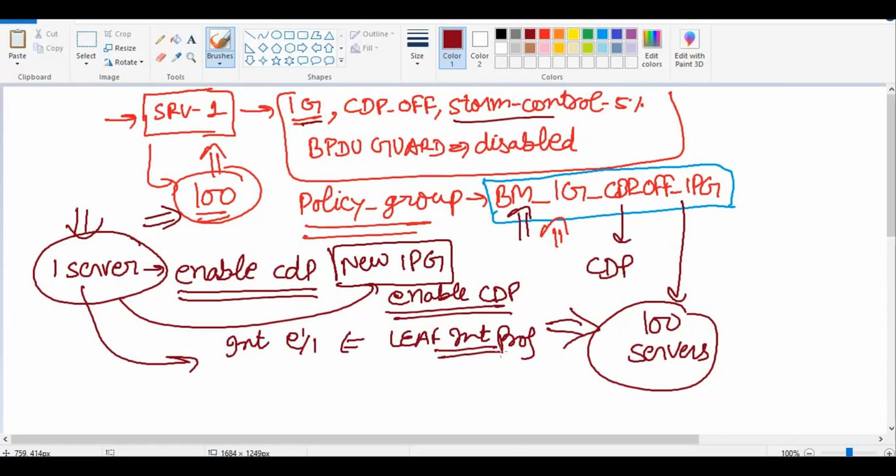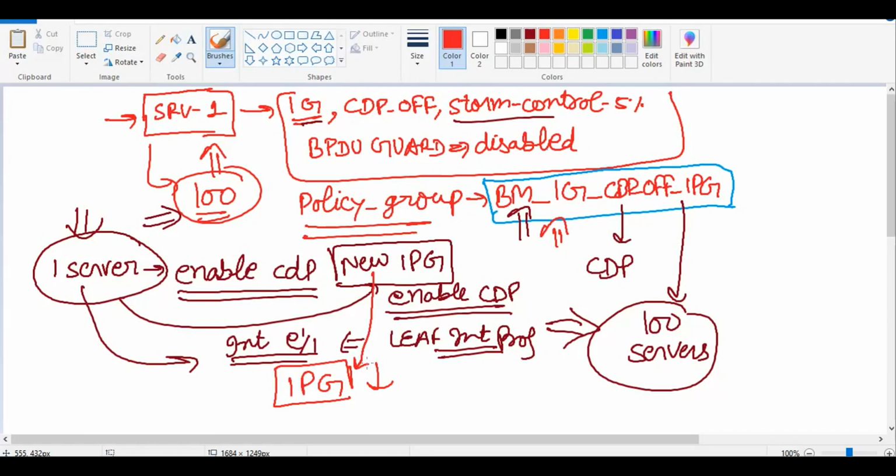So I'll go to the leaf interface profile of that leaf switch, go to the interface where this one server is connected, and in the interface policy group section, I'll click on the drop down menu and select this new policy group that I have just created with the CDP enable policy.